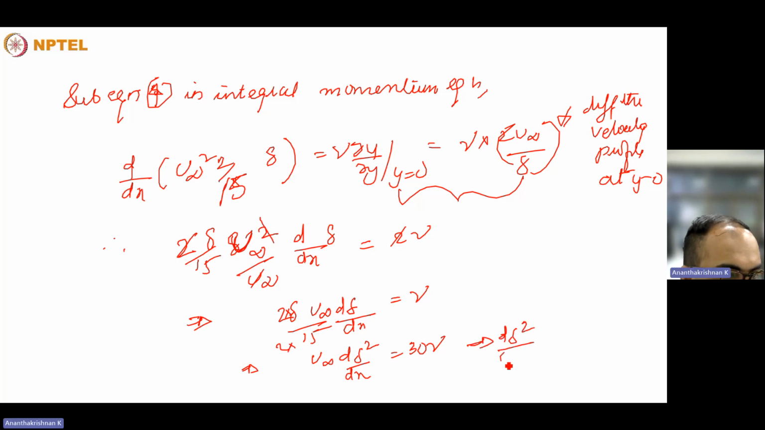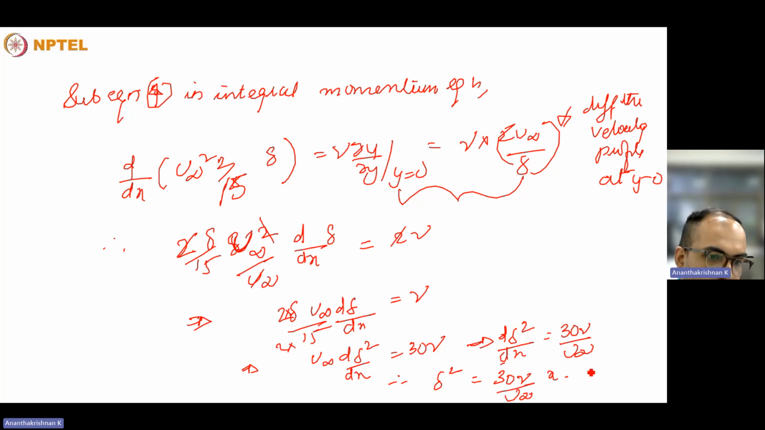Therefore, d delta squared divided by dx is equal to 30 nu divided by u infinity, and integrating both the sides with respect to x, we'll get delta squared is equal to 30 nu x divided by u infinity. Therefore, delta is equal to root of 30 nu x divided by u infinity, that is equal to Reynolds number raised to